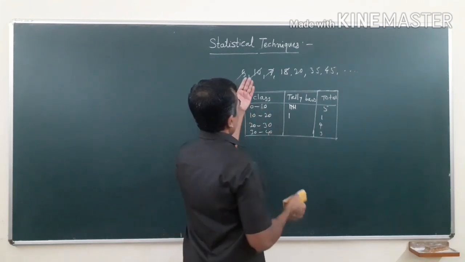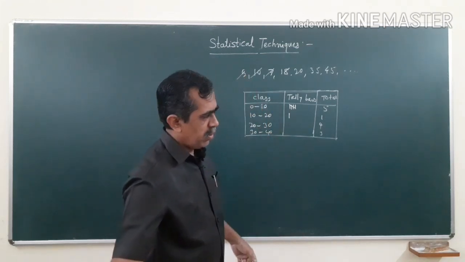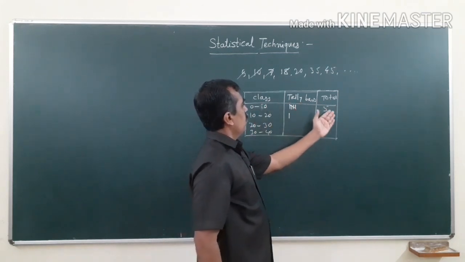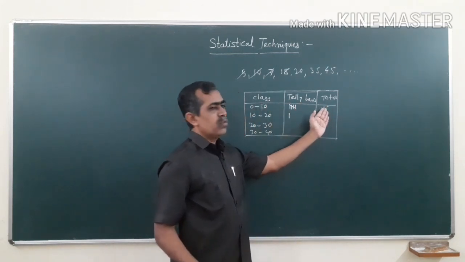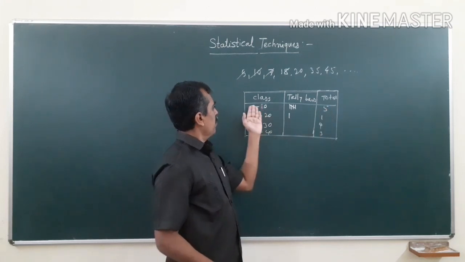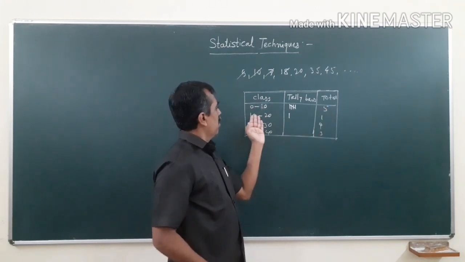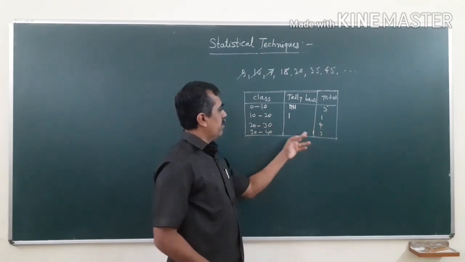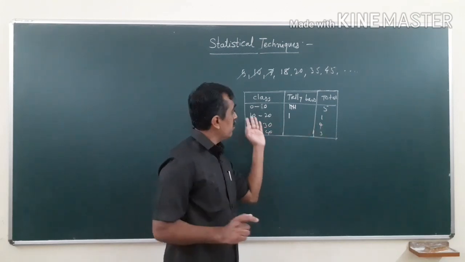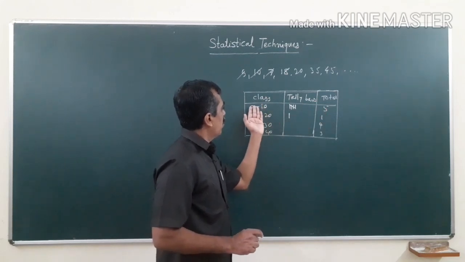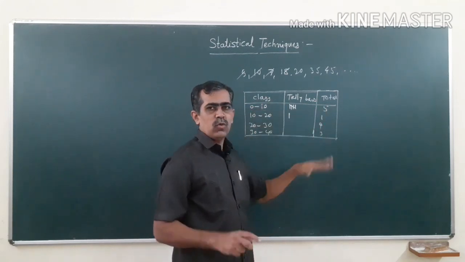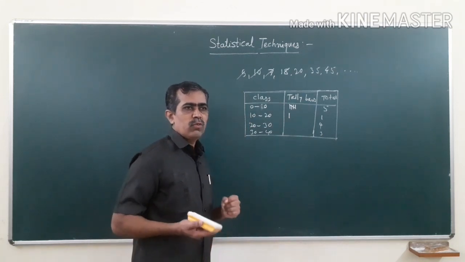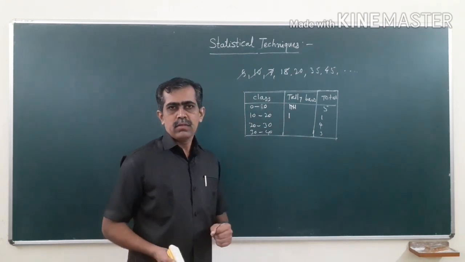So see, you have to study now such data: 0 to 10, 5. Suppose this is the number of students: how many students are there between 0 and 10, 10 and 20, between 20 and 30, and so on. So we have to study such data, group and total. Here onwards in this course, you have to study how to find